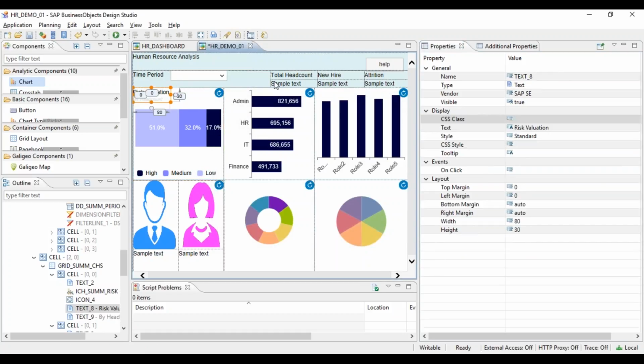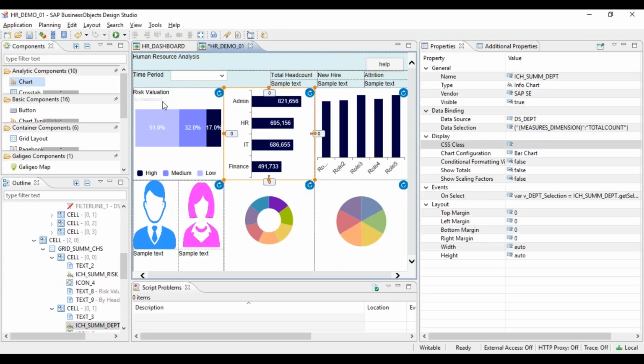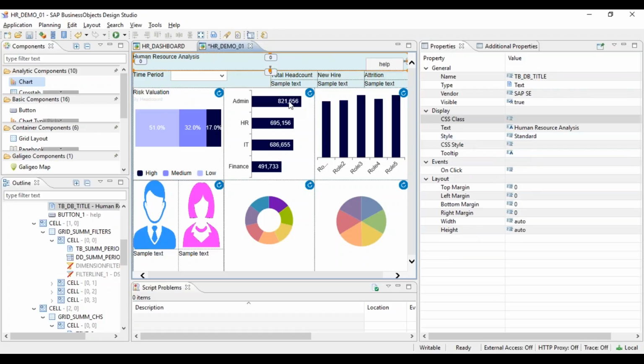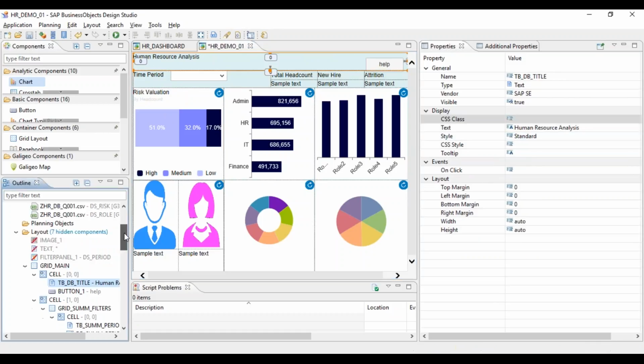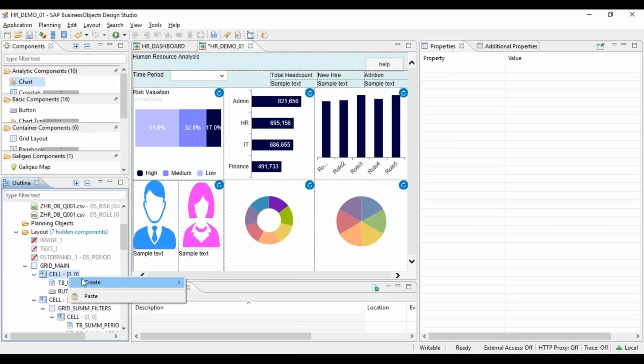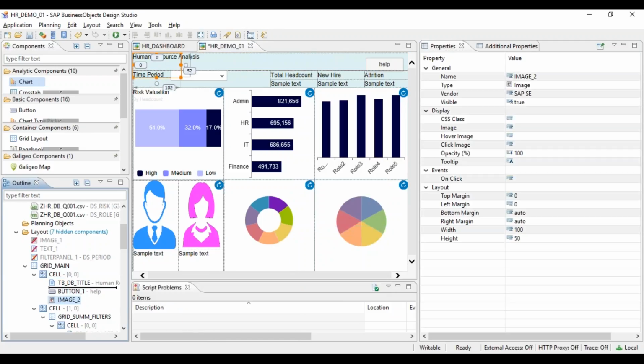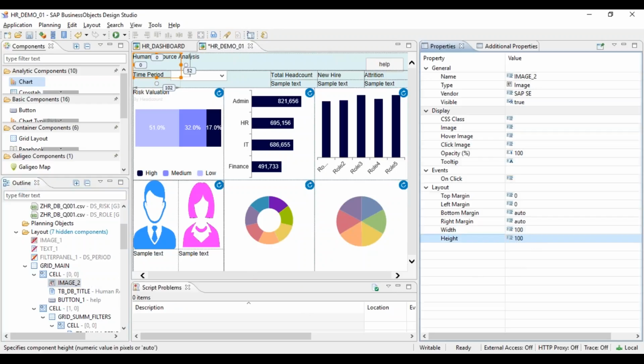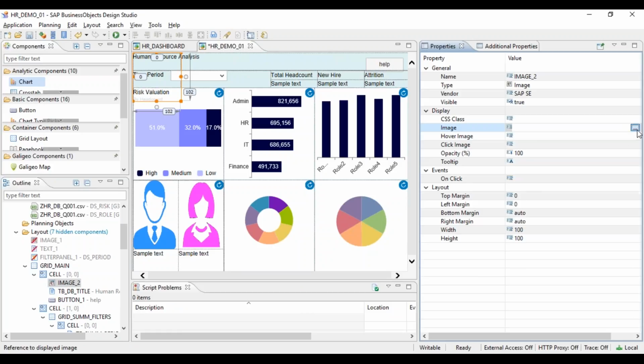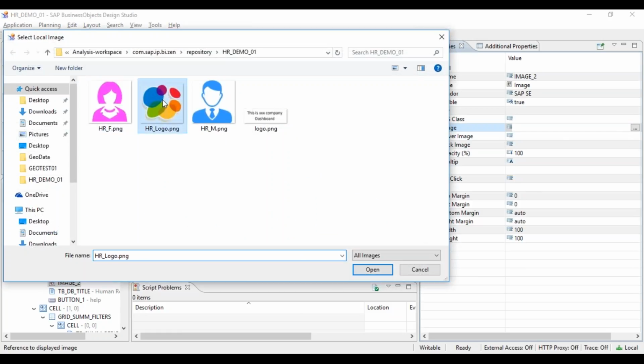So like that, you can put titles to each. Then these text boxes again for the header also. You can put an image also for a logo. And for the image, again we need to put that image into the repository. I have already kept that image in the repository.